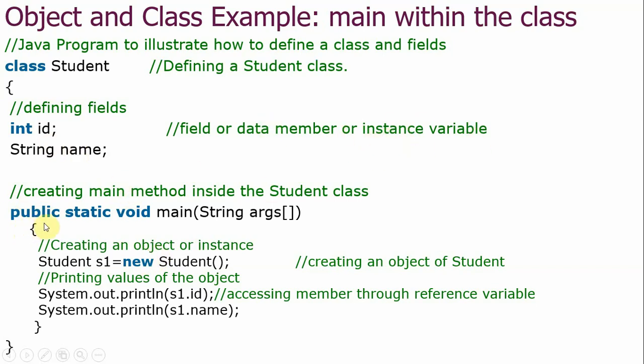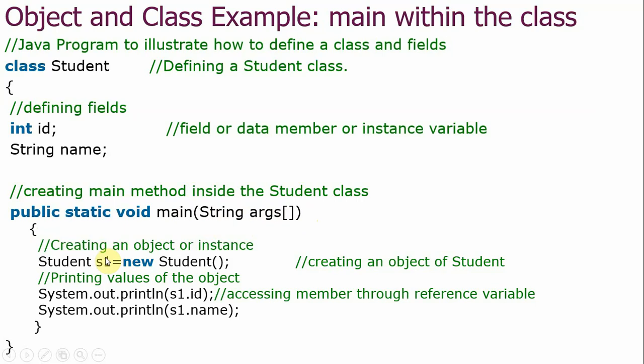Next one, main method creation. We are not defining methods other than the main method, only a single method, the main method. That is a compulsory method, and it follows a predefined syntax: public static void main, all in small case, separated with a space, and then in parentheses String, with the S capital, and args with array brackets. That is a predefined syntax. I will explain each and every keyword's meaning.